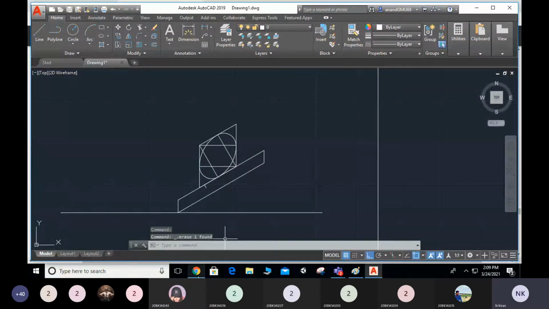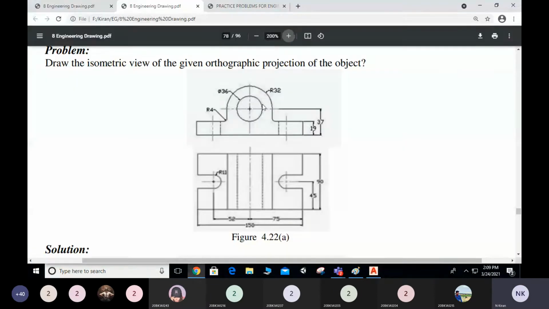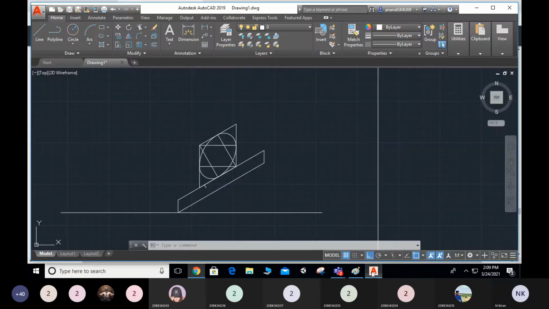Yeah, this is your front view which I have shown you. Whatever front view we have taken, this is your front view, and we don't require this bottom one. So I will trim off that one also. Remaining all lines which I don't need, I will trim off. If you want to trim off, you can trim off like that. This line I don't need.